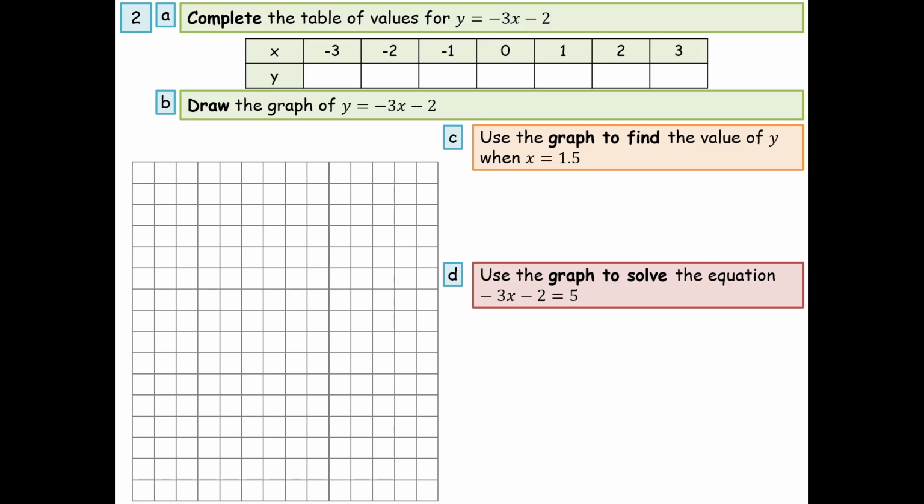So it's minus 3x minus 2. So minus 3 times minus 3 is 9. Take away 2 is 7. Minus 3 times minus 2 is 6. Take away 2 is 4. Minus 3 times minus 1 is 3. Take away 2 is 2. Then minus 3 times 0 is 0. Take away 2